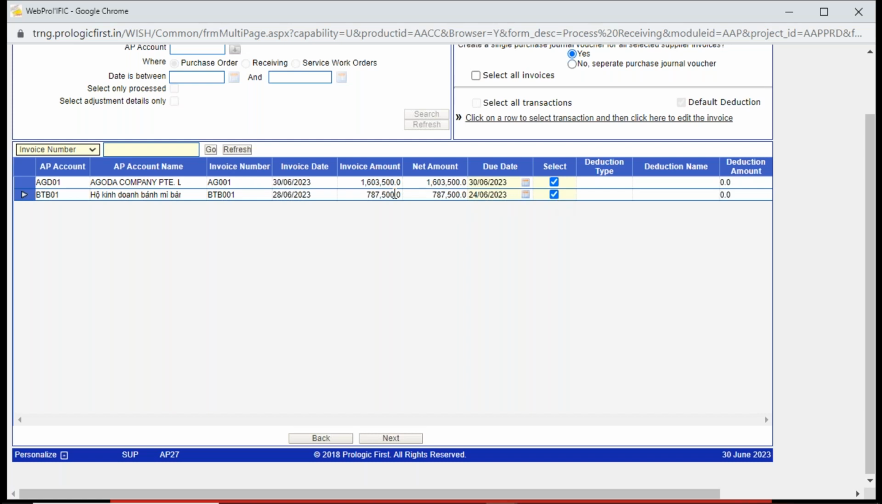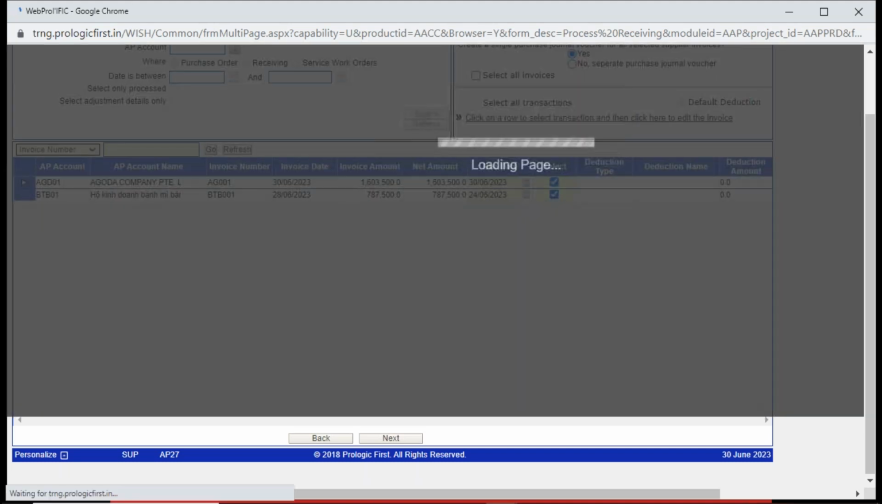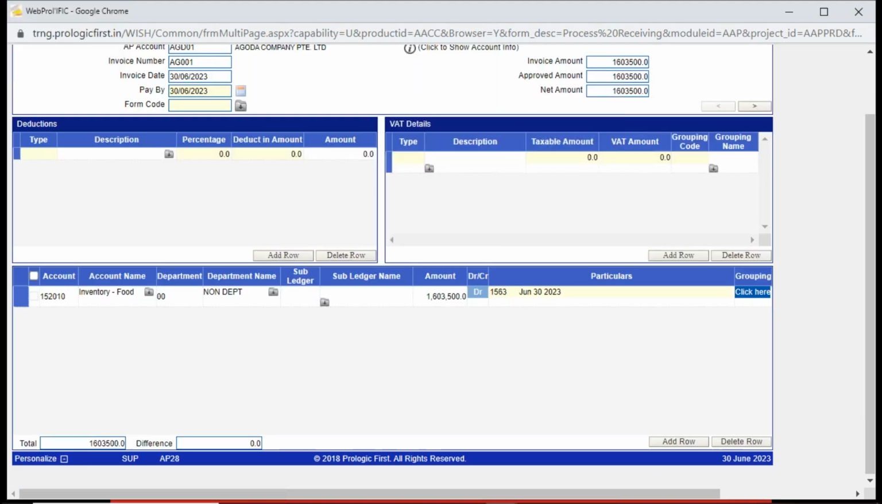So before you proceed, you can select the particular transaction and click here to view exactly what the general ledger distribution is. You will see if there were any deductions; now there are none. If there was any VAT applied at the time of receipt, you would have seen the VAT details here. It also shows you the ledger account code of inventory food, which will be debited, because when you finally process this liability, the journal that should be posted is